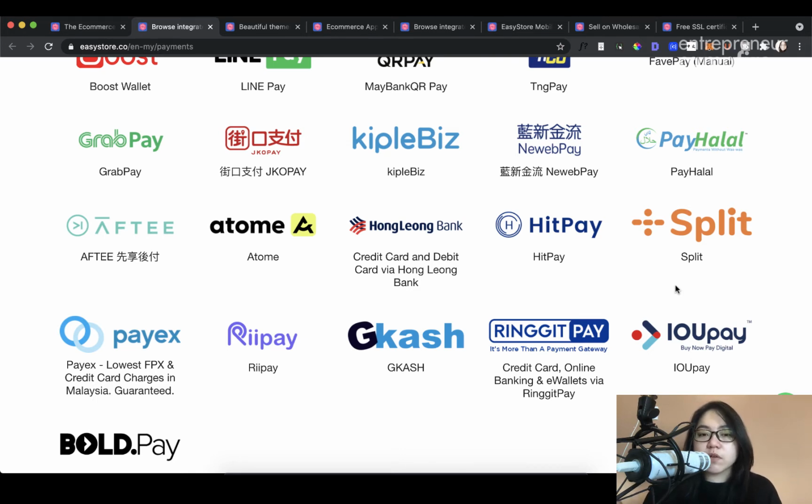So a split of 1,500 will go to like 500 ringgit a month. Okay, 500, 500, 500. So you can offer this as well as so many other payment methods that I've discussed earlier: credit cards, FPX, e-wallet. So there's so many choices for you to go for in Easy Store.